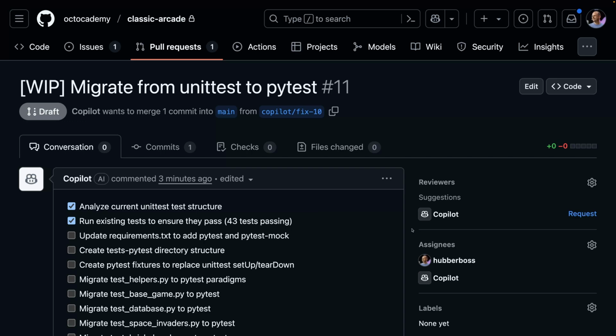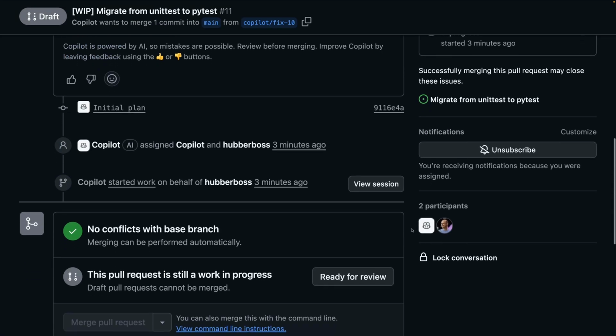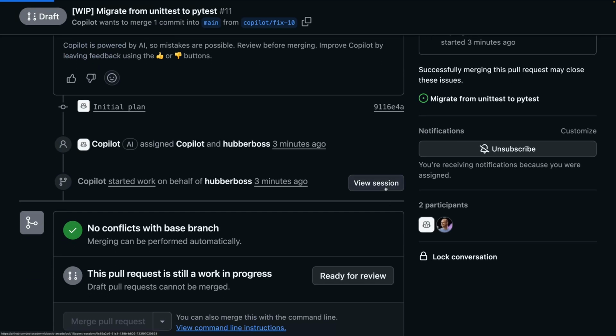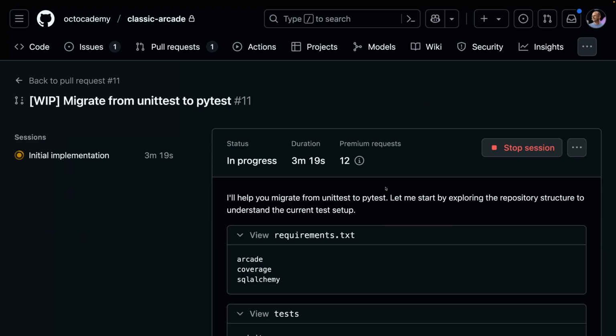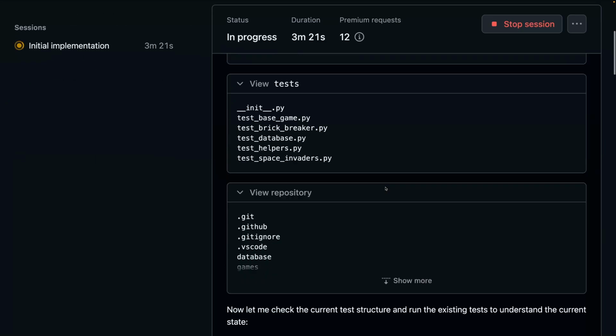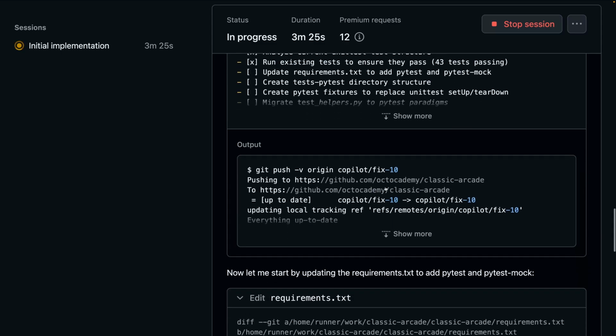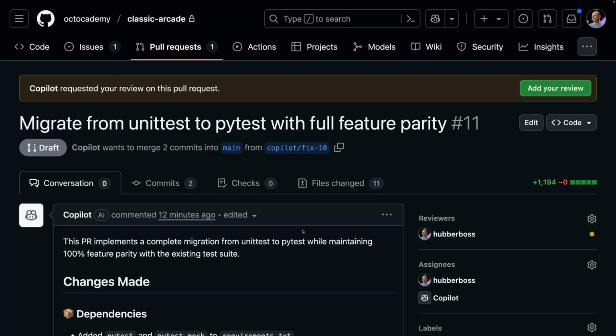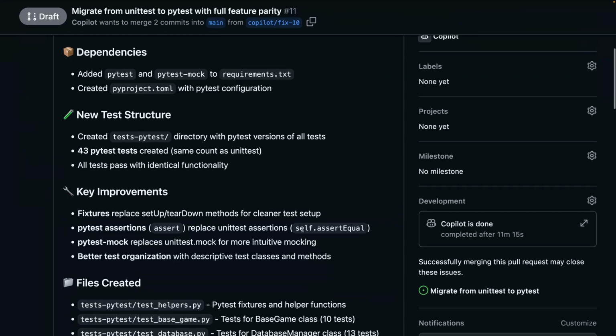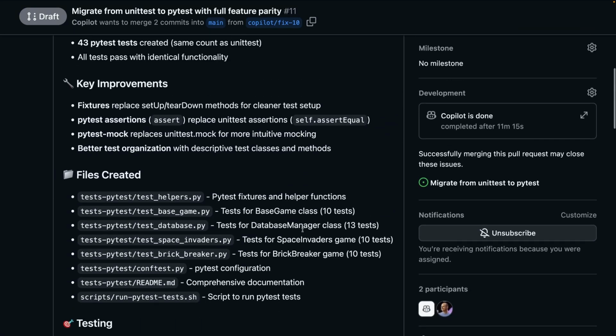We can also view its session to see how it's working. It's behaving a lot like a developer, again, exploring the project, finding resources, and learning how to best generate the code in our environment. Once it's complete, we can see a full report has been generated by Copilot in this